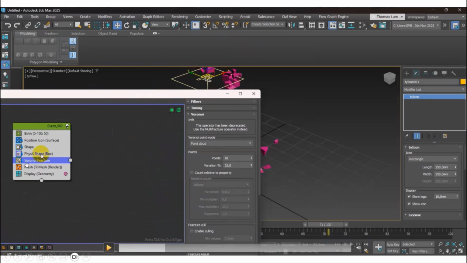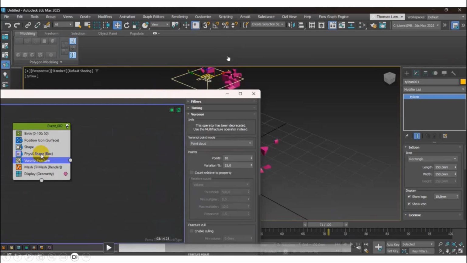So I stop. This is what they call Voronoi fracture. Voronoi fracture, this indicates when you just click and drag. The Voronoi will be the destruction of the object before falling down.